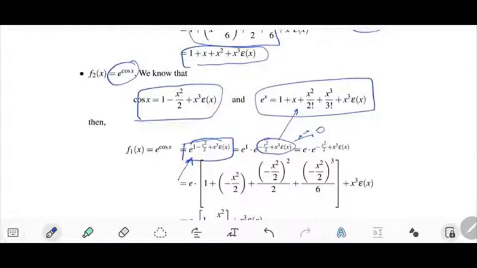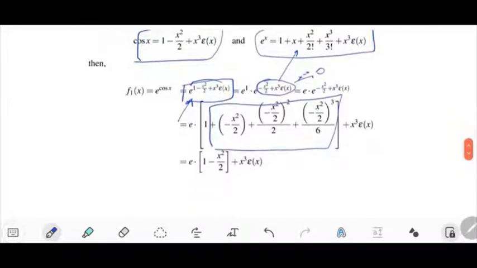So we will have e times all this. We do the expanded form, and then we do the calculation by removing all the terms of order greater or equal to 4, and then they will be grouped into this term in here, and we will have the final expansion, which is e minus e x^2 over 2, which means that